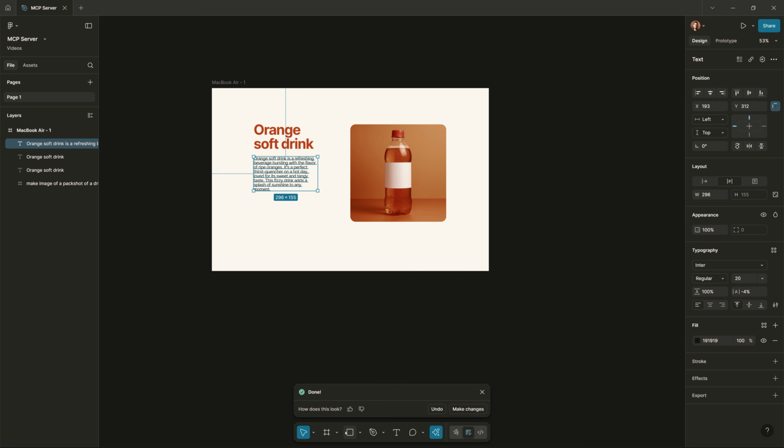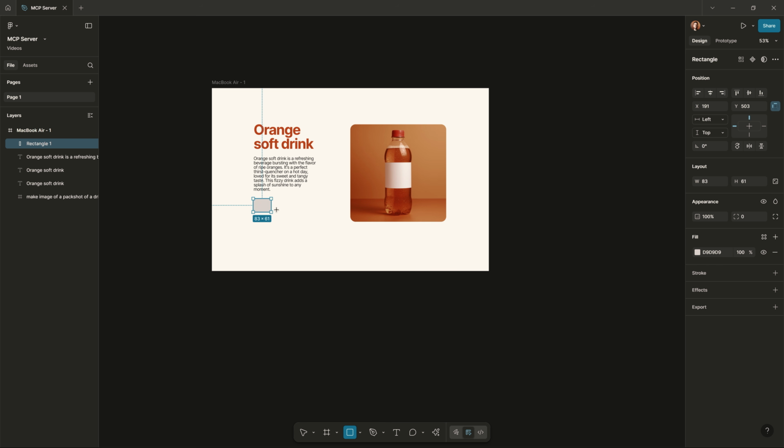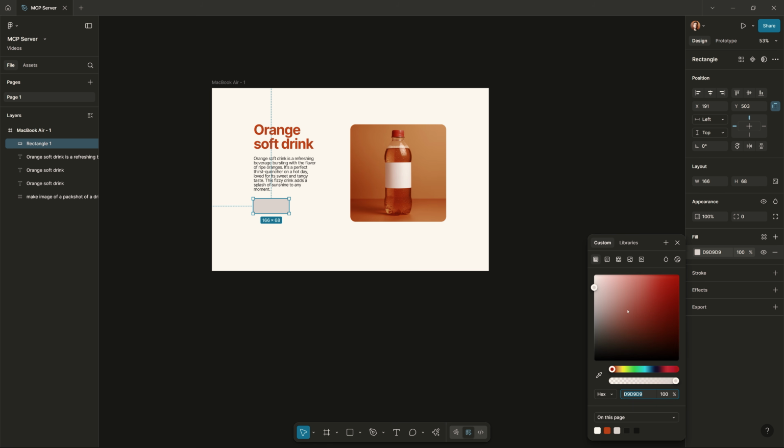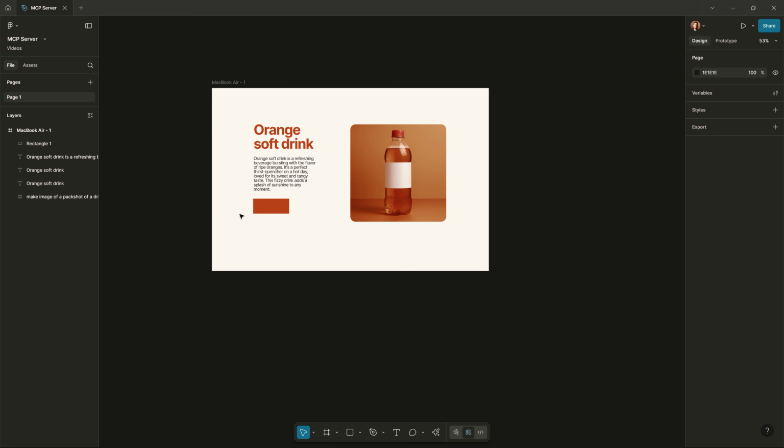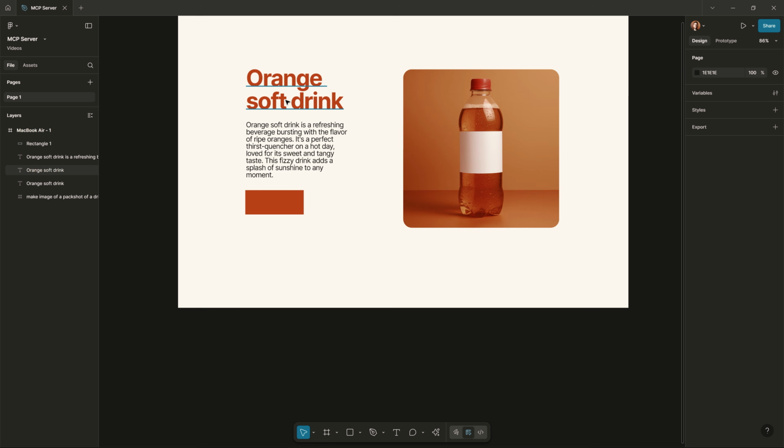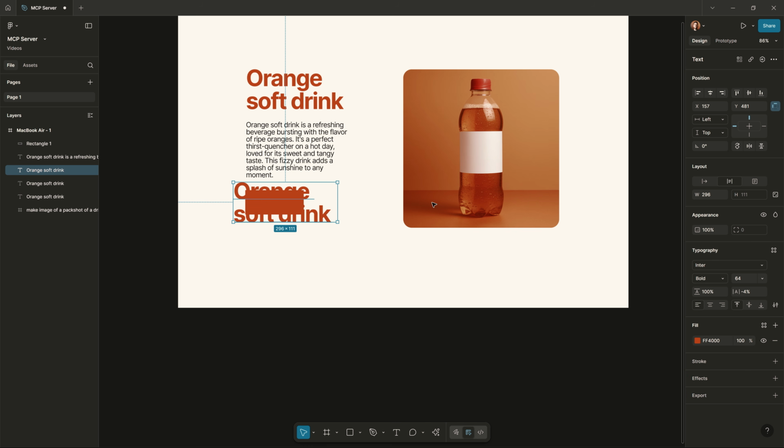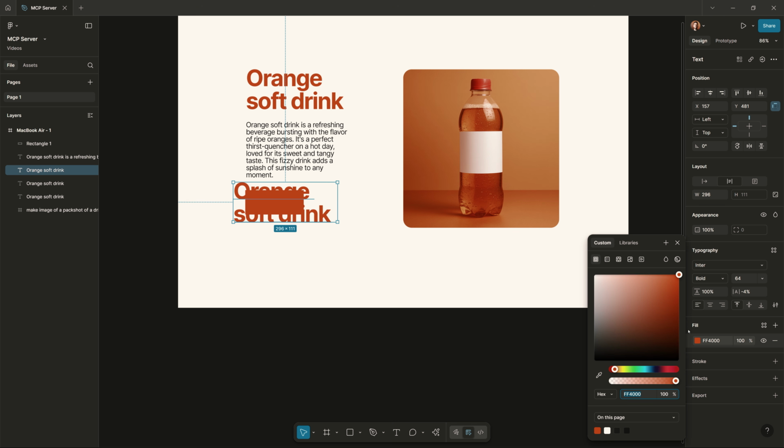Maybe also we can add one button like a CTA to purchase, or something like that. I'm gonna use shape in this case. I would like to have a very bad design, so let's make a shape. Let's make the rectangle the orange color that we had, and I'm going to bring a text layer one more time and change it to white. Okay, we need to bring it over the rectangle that we had, and I'm going to type "buy it now".